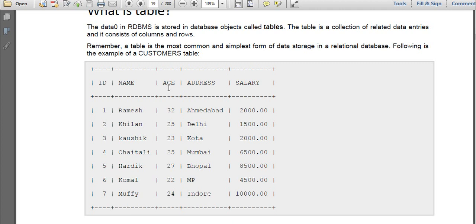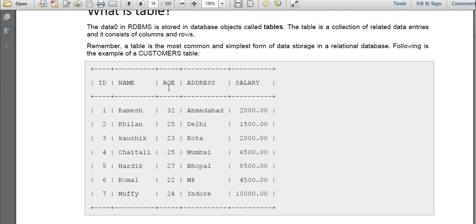At the time of inserting values into this table, for that age column, if I enter 19, it will check whether the value I have entered matches the condition or not. That value must be greater than 18 and less than 50. So 19 satisfies both conditions, and it will allow it.